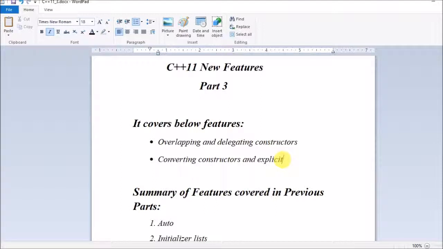So guys, in the introduction part for the C++11 new features which I have covered earlier, I have already described that I have divided the C++11 new features into different parts from part 1 to part 8 so that it will be convenient for your purpose. I have divided it into small features actually,